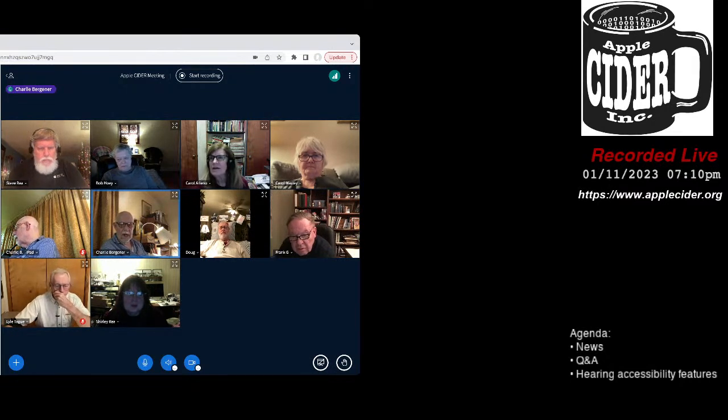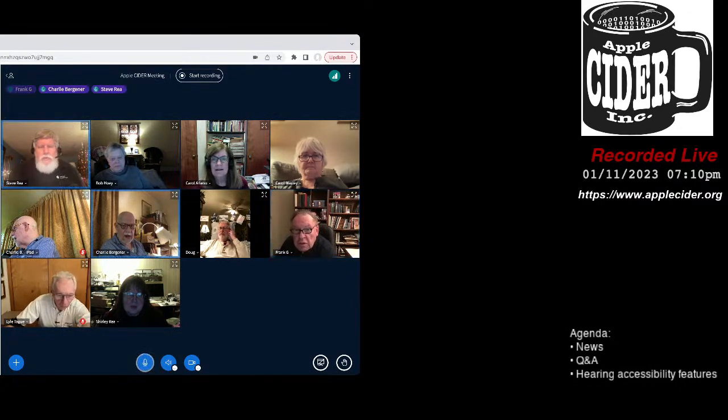But there are arrows on either side of the screen. Right, I see both arrows and I go back and forth, but is there something you can set so you can see more smaller pictures to see everybody? There is not. It shows you as many as it can based on the power of your computer.